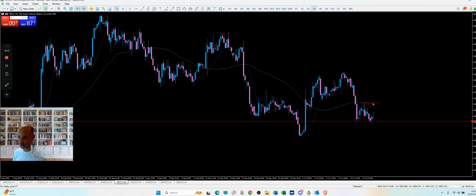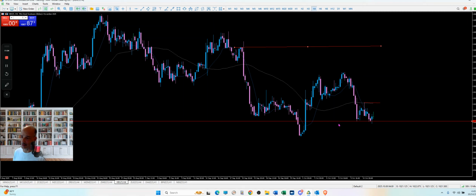This is a structure level here, although it's not technically a good structure level because we didn't really get a new low out of this. I mean, I guess technically we did here, but I like to see a closed low, not just a wick. Our technical level still sits up here. Actually, no, the technical level actually sits over here on the 4-hour chart because that's what led to this low down here. So let's see what happens on soybeans.